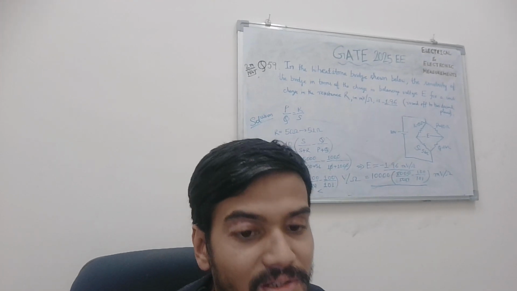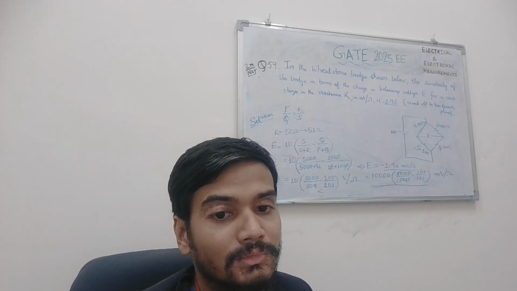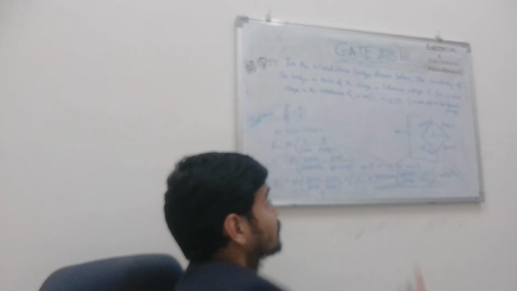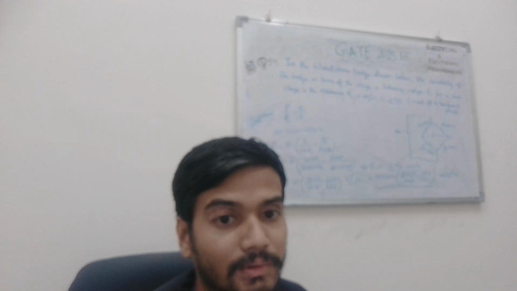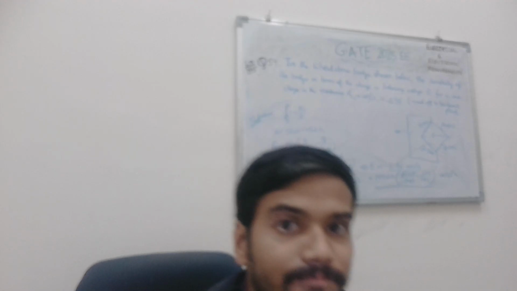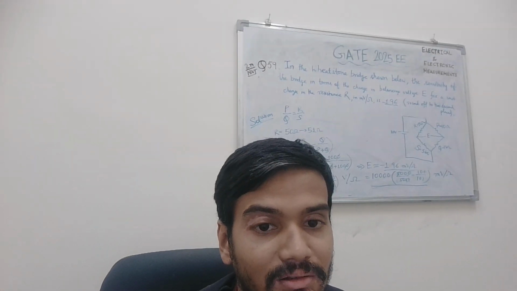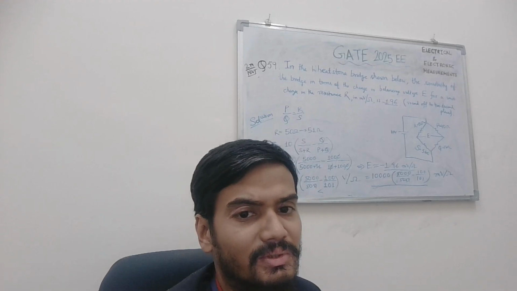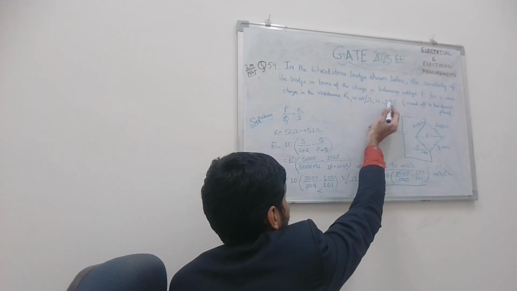Round off to 2 decimal places and correct to 2 decimal places. This is the accurate value if this expression is calculated using the virtual calculator. So that's all for the solution to this question from basically balanced Wheatstone bridge and unbalancing, the sensitivity type of question. So the right answer is minus 1.96.